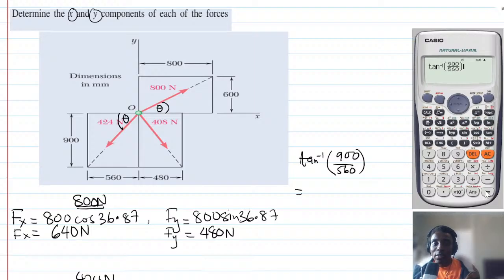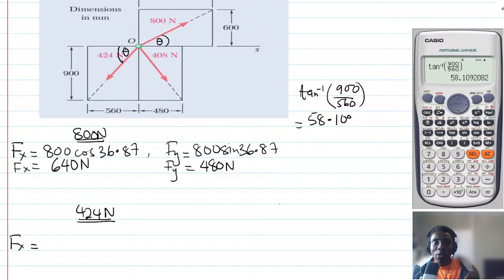And what is that? So that's basically 58.10. Okay, so the x component is going to be what? Minus. Why is it minus? Because if you look at the direction of the force, it is coming this way. So the x will be moving in this direction, which is along the negative x direction. And the y too will come vertically downwards. That will also be negative. So minus 424